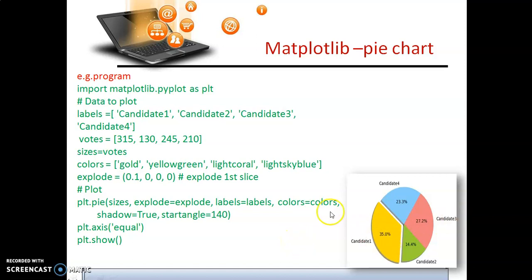As you can see, if I make it 0, 0.1, then the second slice, yellow green, is taken out, then the light coral, then the light sky blue. In this way, if I put 0.1, 0.1, 0.1 and 0.1, all the slices will be slightly outwards, making a gap between them, right?